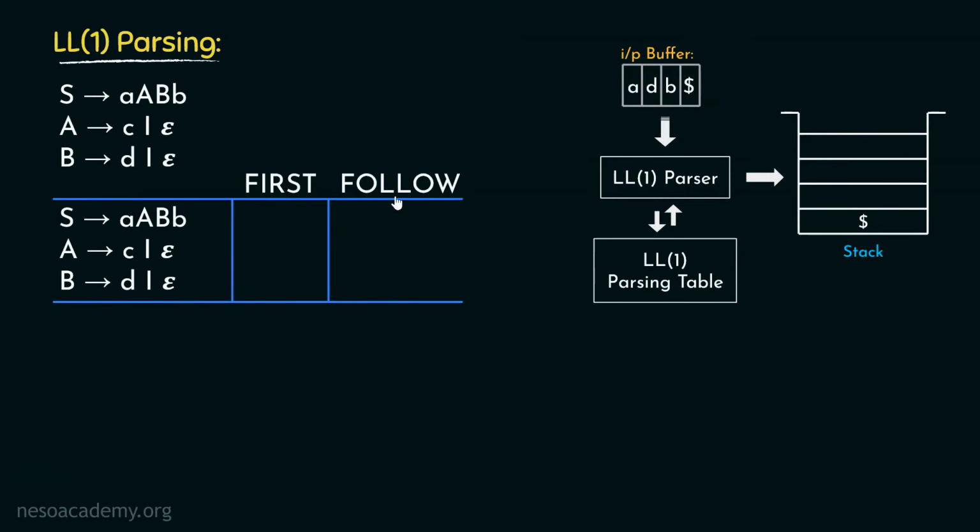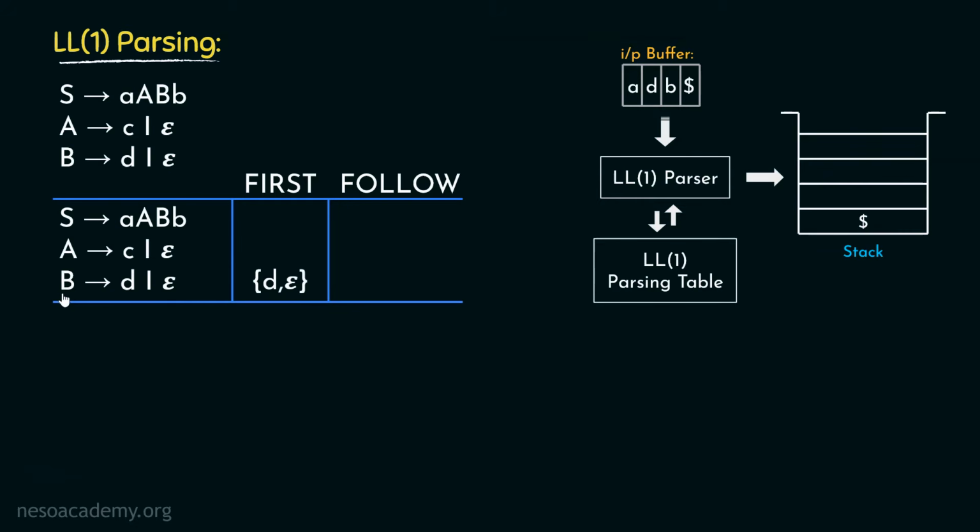the first and follow of all the non-terminals involved in this particular grammar. So let's begin with the first. Now we already know it's always a good idea to start with the last non-terminal listed in all the production rules. Now as you can see, B can be rewritten as small d or epsilon. So in the first of B, we are definitely going to have the terminal symbol d. And alongside this, since B can also generate epsilon, therefore we are going to include the epsilon in the first